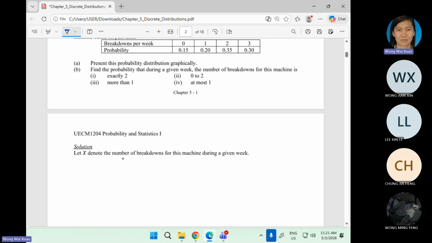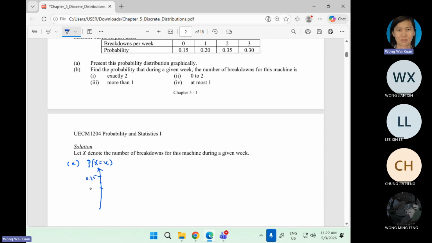So I will let X be the number of breakdowns for this machine in a week. Now I want to present this in a line graph. So my y-axis must be probability of X equals x. The maximum is 0.35, so I have 0.35,